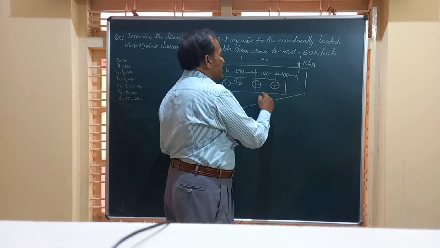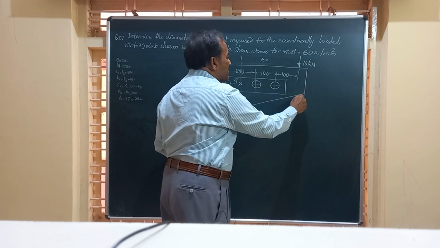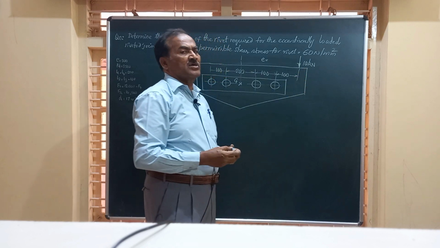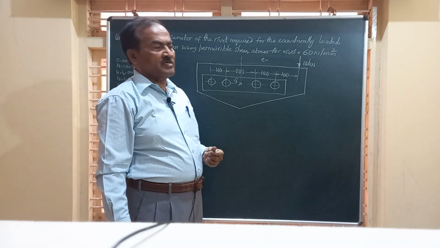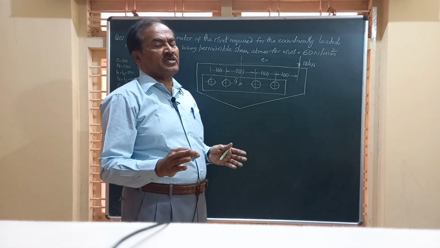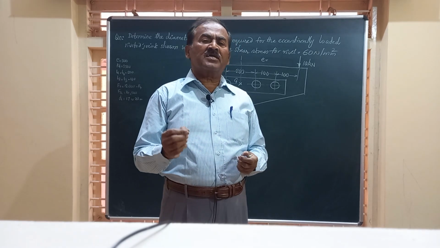These four rivets are riveted to a vertical plate and it has to sustain a load of 10 kilonewton. And friends, here we have a definite procedure to work out a problem on eccentrically